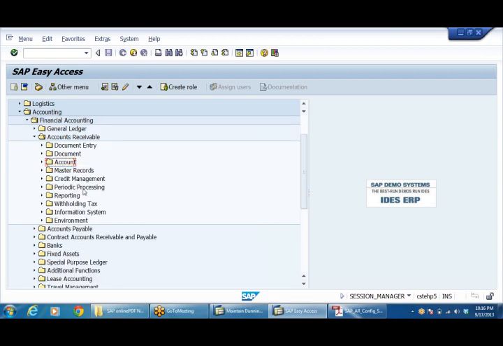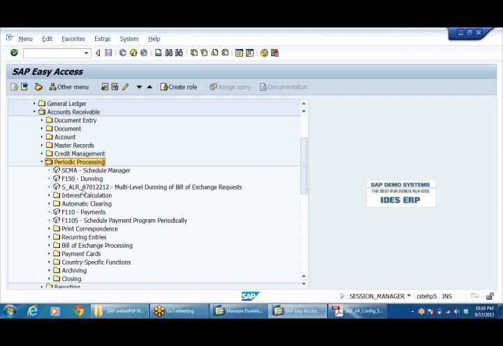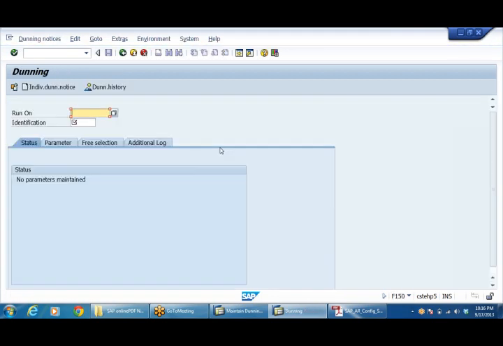Right, now it is a periodic processing. Maybe every weekend or once in 10 days we are going to generate it. The T code is F150 Dunning. So here Dunning identification we can give.